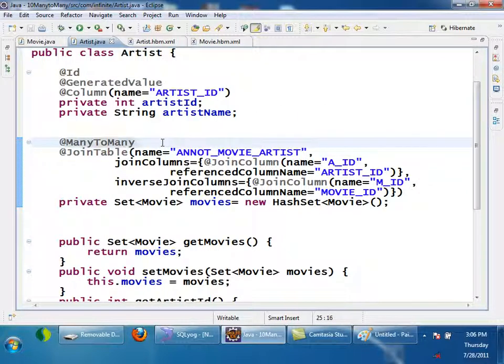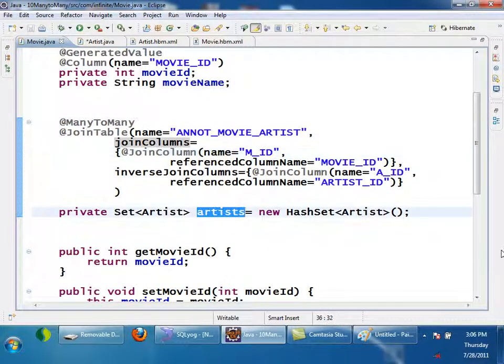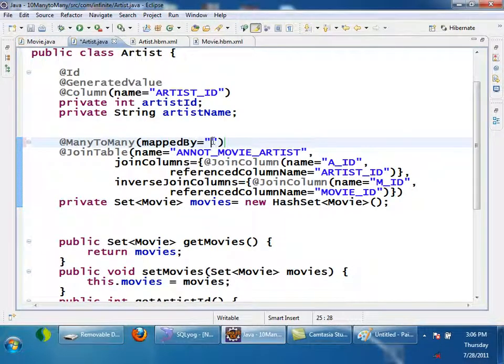Whenever it is a bidirectional relationship, I have to make one of the sides inverse. To make it inverse, mapped by is equal to, tell me what is the other side which is having the configuration? Artists. So I am making this the inverse side by using mapped by. So as he told, if both sides are lists, then you should not map the inverse side. Both of the sides should be taken into consideration for objects, right?